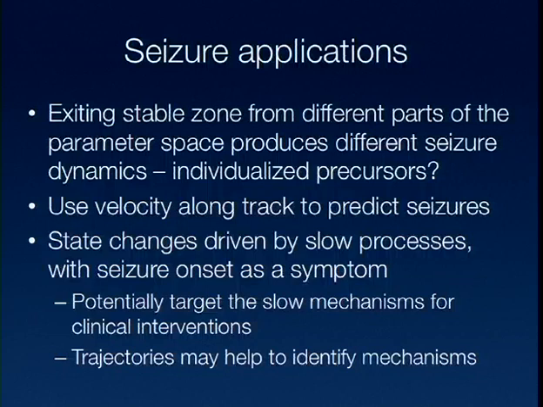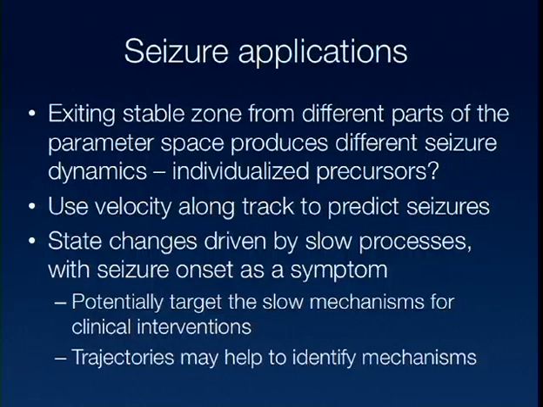So one possibility is that we could look at an individual's seizure and their waveforms and then infer perhaps which part of the model's parameter space they entered the seizure, and then from the dynamics before the seizure, it's possible that they always start having a seizure from the same part of the parameter space, which would mean that we could have an individualized seizure prediction zone. And then secondly, we could imagine using the velocity of that trajectory in order to predict